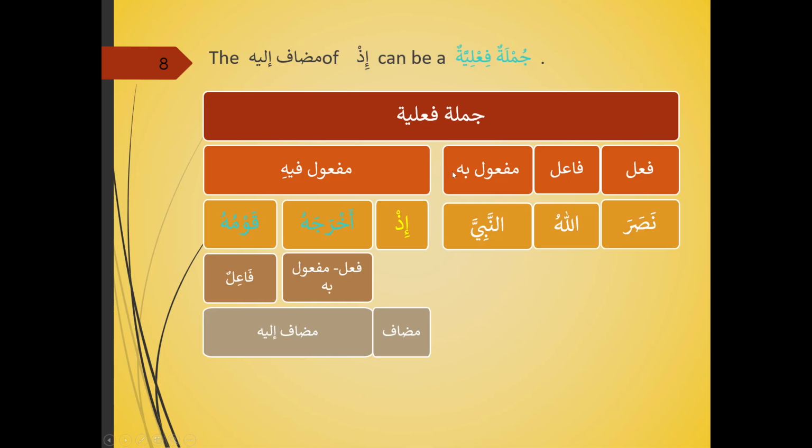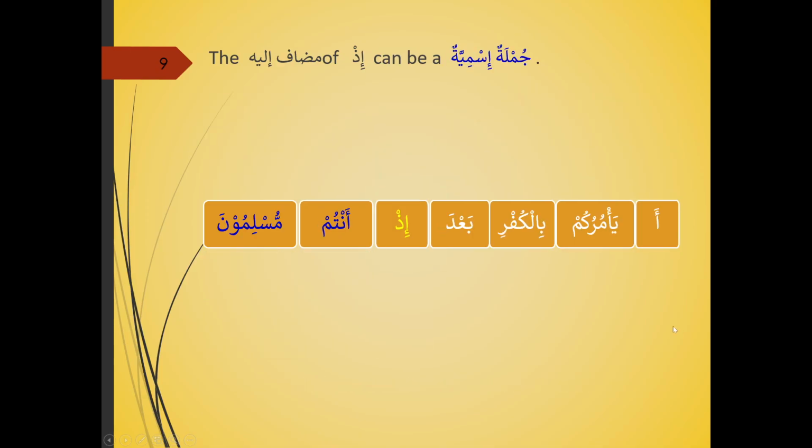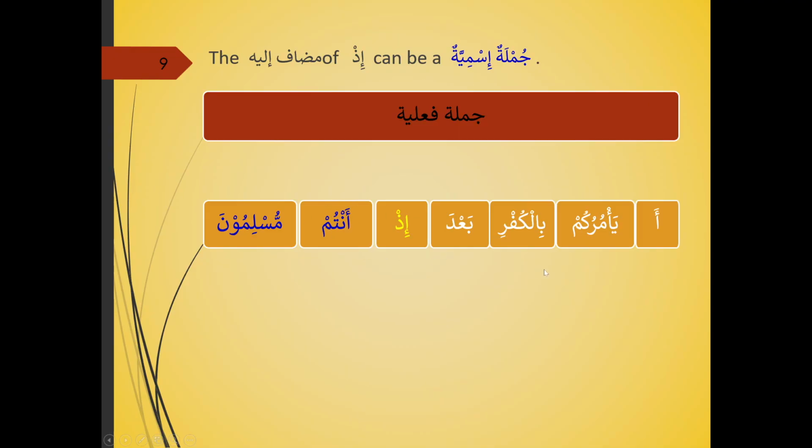Now this was straightforward, but we had something else: Allah assisted the Prophet when his people expelled him. What were the conditions that had to be met when the people expelled him? Then Allah steps in. Now, the mudaf ilay can also be jumlatun ismiyatun. This is what I said. Still looking at jumlah fi'liyah with the half.